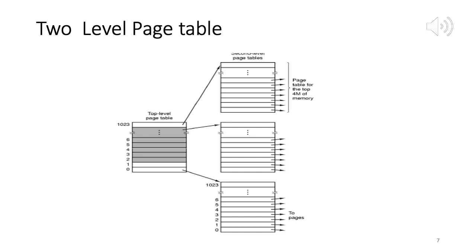So in this particular example, we only need 3 inner level page tables, corresponding to entry number 0 of the top level, entry number 1 of the top level page table, and entry number 1023, the last entry of the top level page table. We need only these 3 parts of the page table, the rest are not needed, so they do not need to be stored. Okay.